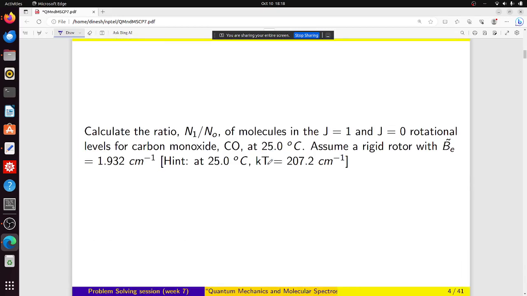Moving on to the next question then. Okay, it's similar. Now we have to calculate n1 over n0 for molecule in J equal to 1 and J equal to 0 rotational levels for carbon monoxide molecule at the same temperature. And the rigid rotor constant is given to be this much. Okay, so